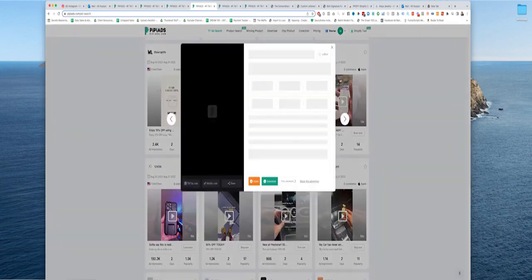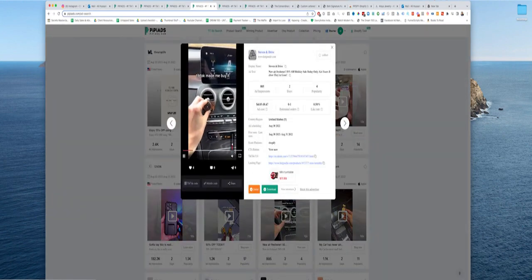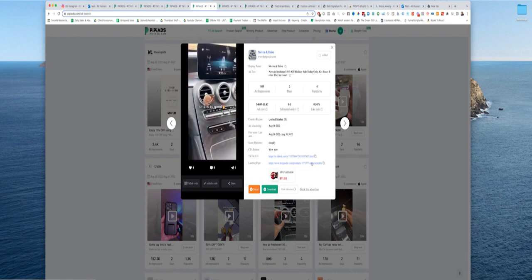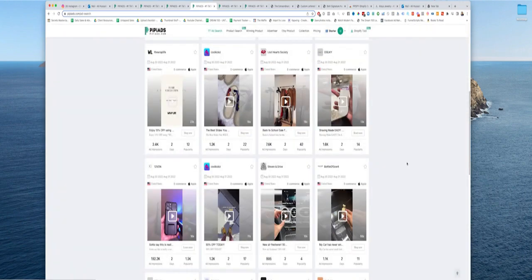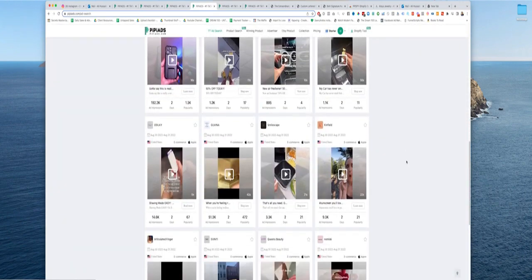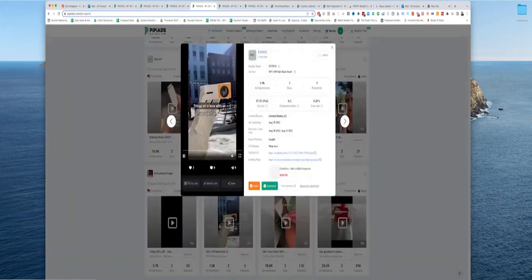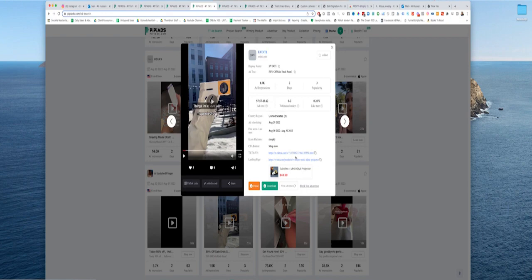For example, what is this? This is a TikTok made me buy it. This is a cool, gotta-have-it product for car enthusiasts, right? What you're trying to do with this type of research is find products that are unsaturated, that people are just launching to scale. For example, this one, if you know anything about winning products or ad research, you know that this product is very saturated. This person who just launched this ad is probably not going to make a lot of money with this because a lot of people have already dropshipped it. So the